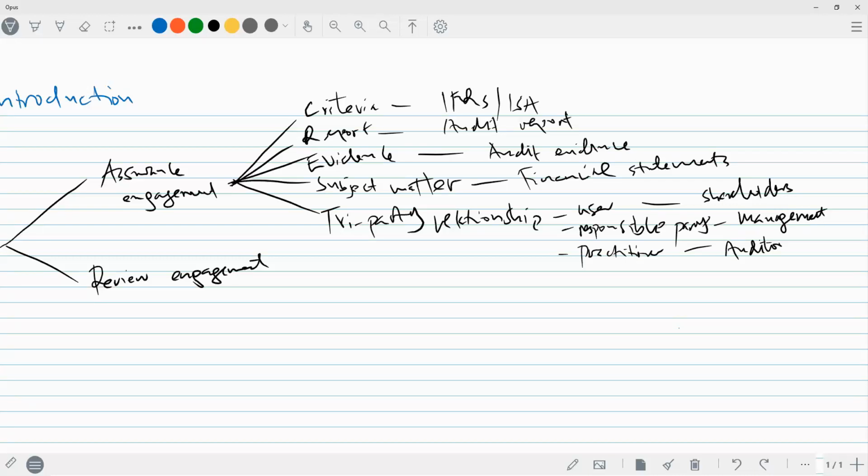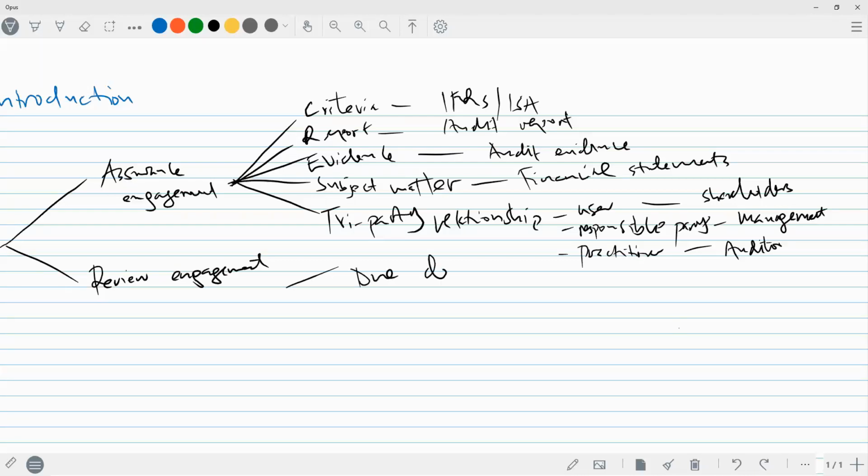Now, in case an engagement ceases to have any of those 5 elements, it can have 4, it can have 3, it can have 1 out of the 5, then that engagement does not qualify to be an assurance engagement. Then what we refer to it as is a review engagement. For example, in case we ask you to carry out